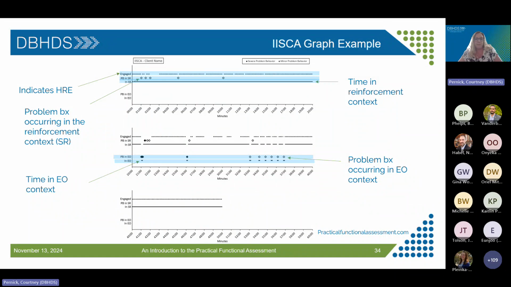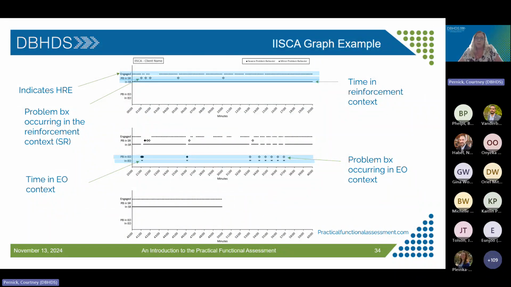The next series displays problem behavior that occurs during the EO context. And the bottom series indicates the time in the EO context. So it looks like consistent HRE started around the 15-minute mark, and then they started the EO progression around 21 minutes, and severe problem behavior occurred. They immediately reinforced the behavior, and then you can see there was some carryover where behavior occurred in